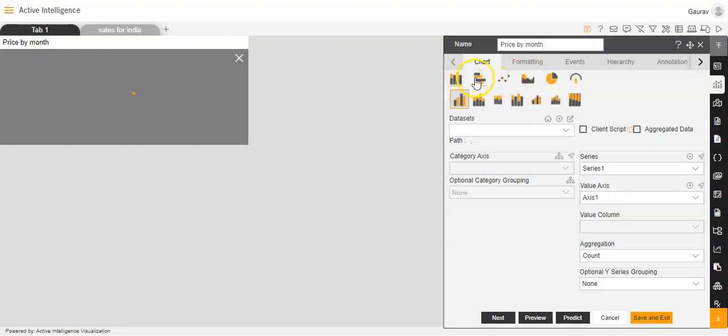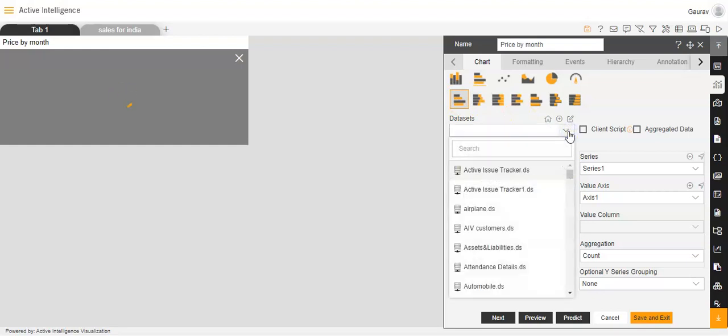So for example, I am selecting the bar chart and this is the main chart type. Now once I click on bar chart, you'll see that there are also subtypes, like you have clustered, stacked, 100% stacked, clustered and stacked, 3D clustered, 3D stacked and 3D 100% stacked. So these are all the subtypes of this main type bar chart. So let me just click on bar and then I will click on clustered.